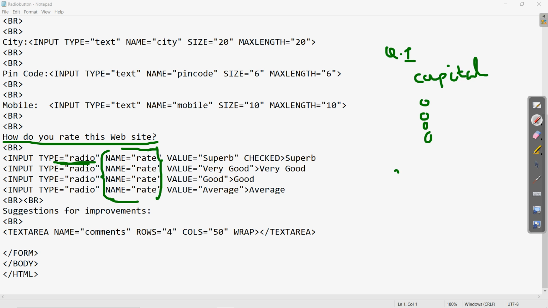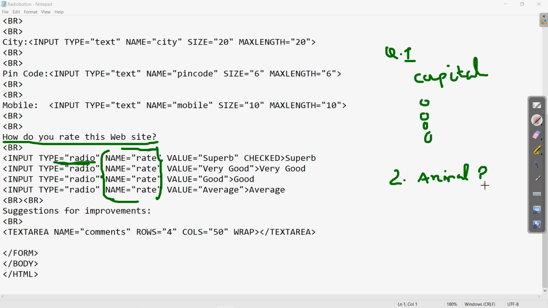Then if we have a second question, like what is the national currency, or what is the national animal, something like that. So if the second question is national animal, clear?